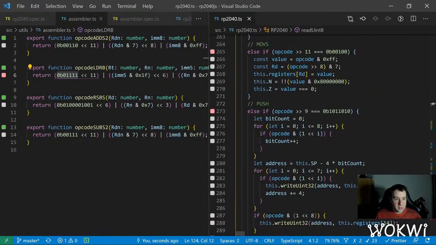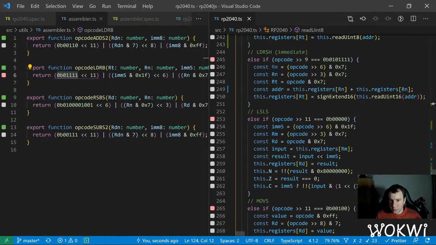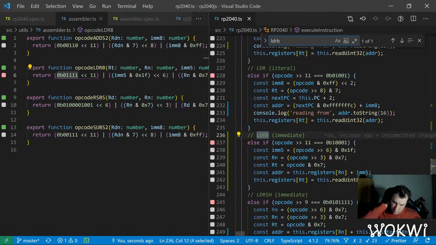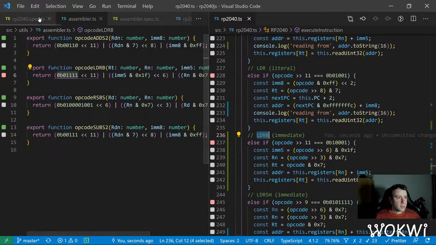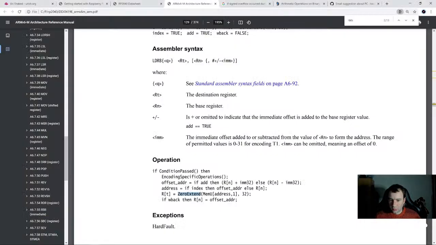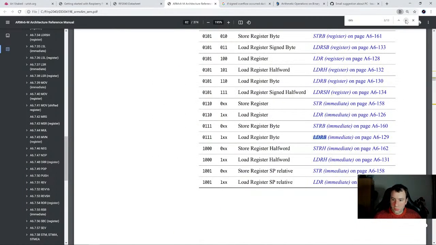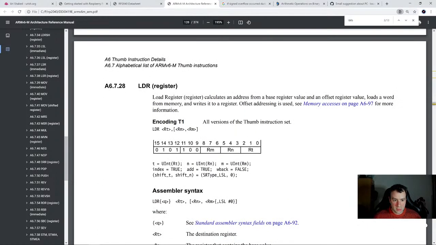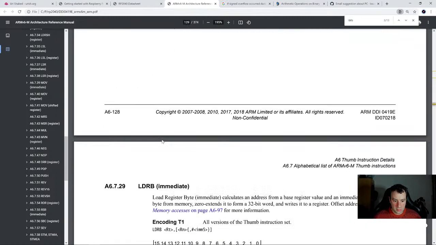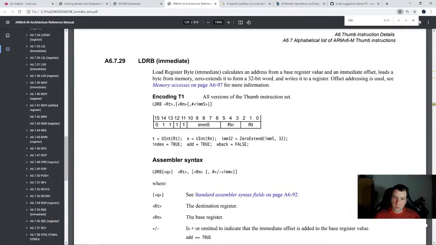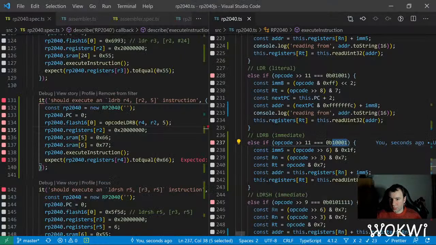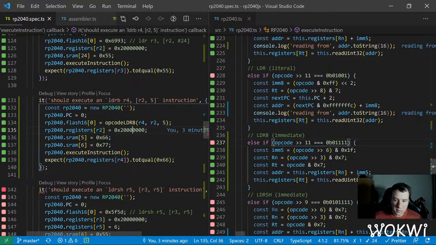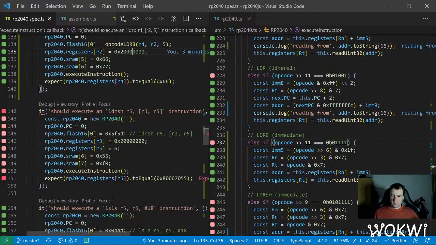Okay, so we have this implemented, but for some reason the test isn't passing yet. Let's see why. LDRB. We are not getting into the if. Did I get the opcode wrong? LDRB register, yes, I got, no, LDRB immediate. Yeah, 0111, and that's not the one, I got it wrong. Okay, perfect. The test is passing, so we have another opcode, but we did